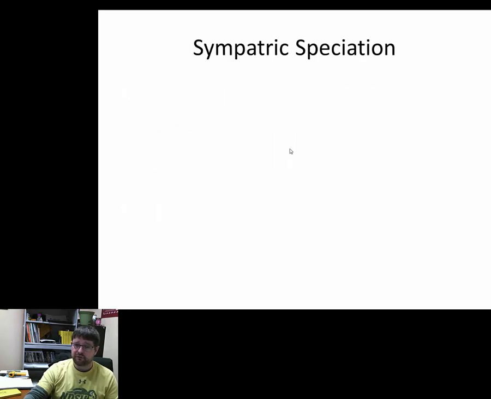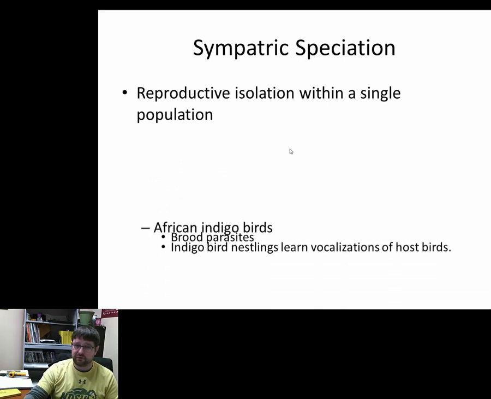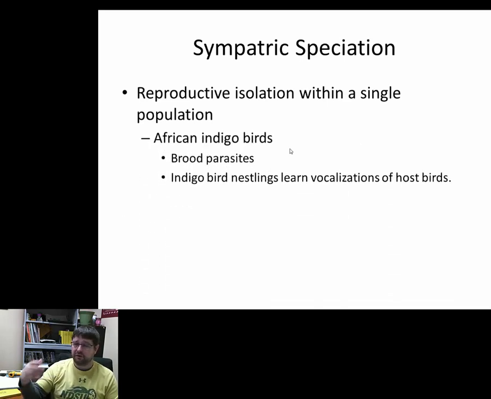The other one is sympatric speciation. This is isolation within a single population, and this can be a huge variety. It could be due to behavior. So one group hatches in the morning, another group hatches in the evening, and they never encounter each other. Insects do this all the time, so they occur in the same population, same body of water, same soil samples, whatever, but because they hatch at different times, they never encounter each other, they never mate with each other,